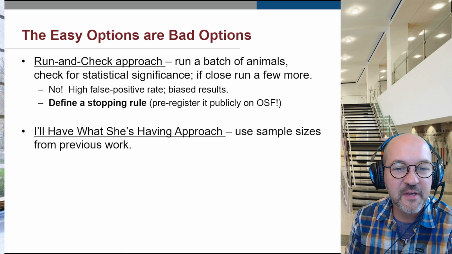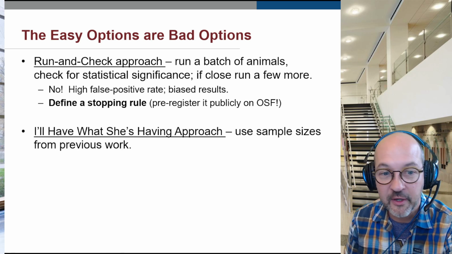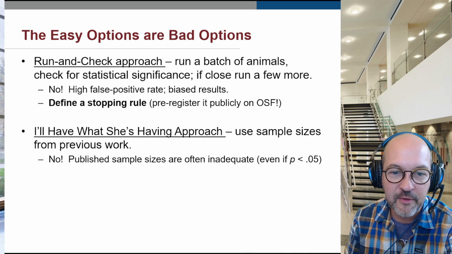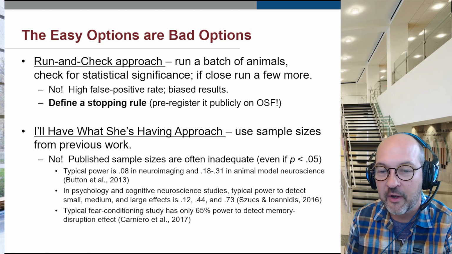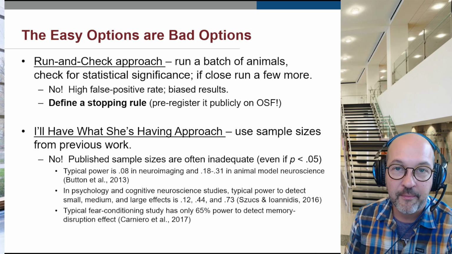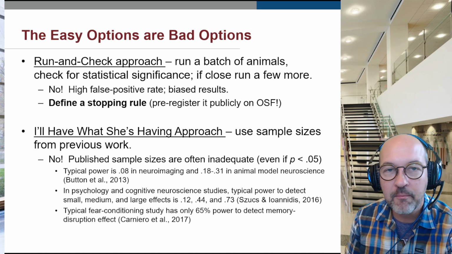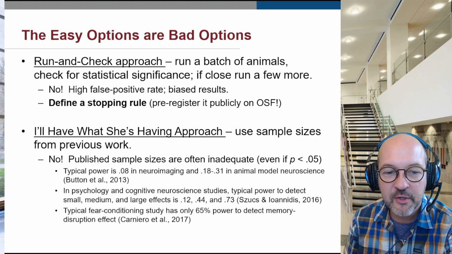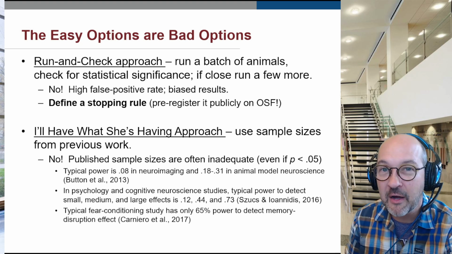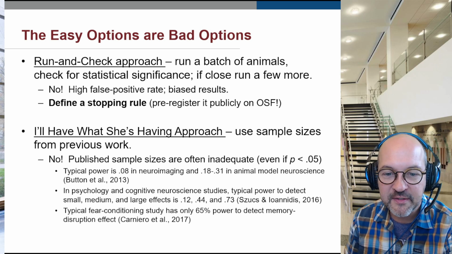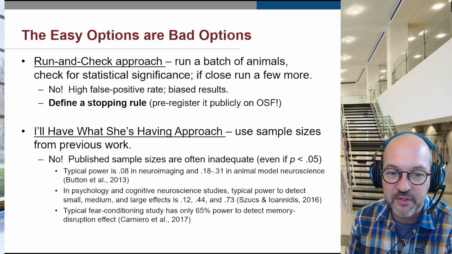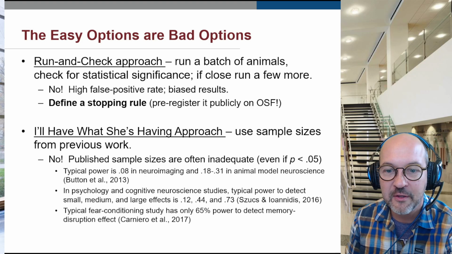Another approach is to select a sample size based on the published literature. Well, our competitor lab used 8 animals for this assay, so we'll do the same. That can seem like a good idea, but unfortunately it is not. It is now well documented that in many research areas, sample size problems are pervasive. That means researchers are using sample sizes that are demonstrably inadequate. I'll explain what this means in a moment, but for now, what I can say is that if you plan based on what is published, you could be carrying forward the mistakes of the past into your future research.